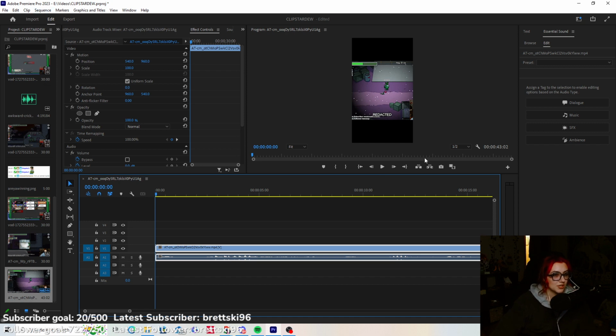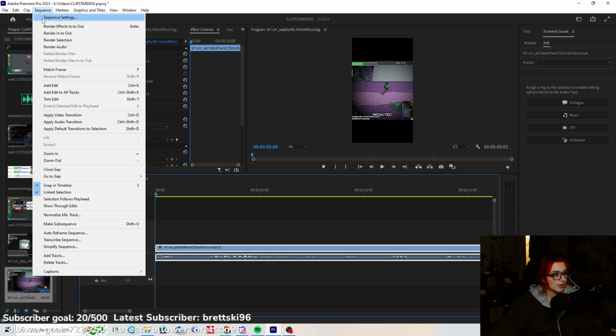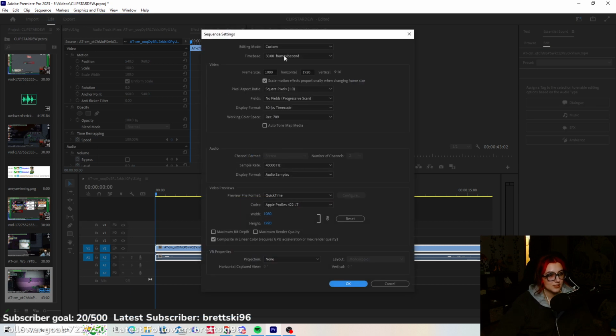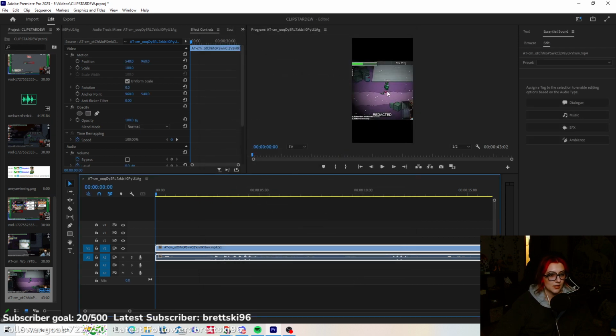If you want to change it, because if I had pulled this in and changed the sequence settings, it would have changed it to the horizontal version, which is just like our regular streaming version. You go up here, click sequence, go into sequence settings, and change it to 1080 by 1920. Usually you just have to flip the numbers; usually it's 1920 by 1080. But this will be how to set it up for Reels, TikToks, and Shorts. This is the framing that it uses. So 1080 by 1920 pixels, hit OK, and you're like, but Carly, it's not the right size.